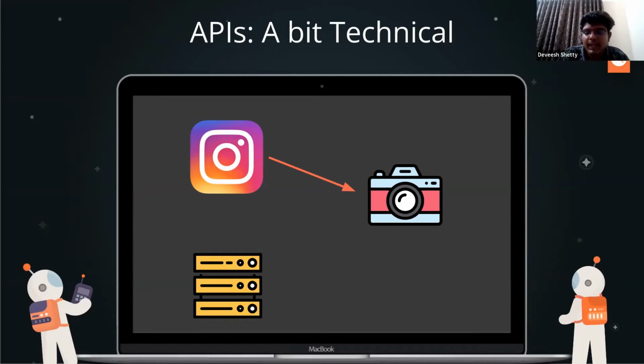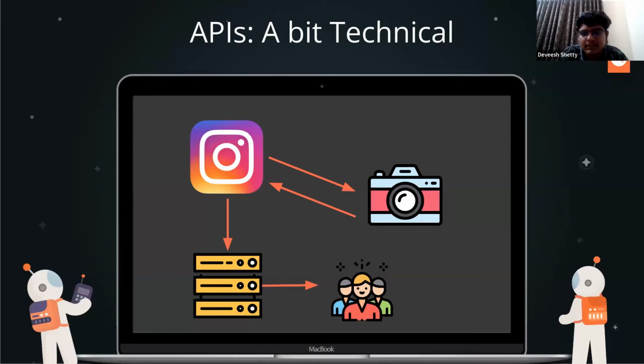Then after that, all the modifications you have done will be shown in the Instagram, like it's a to and fro. Whenever you add, it will be shown to you as well. So it's a real-time connection. Then it will be sent to the database. In the database, the story will be stored, and that will be viewed by all the friends who are in your connections. So that is how.